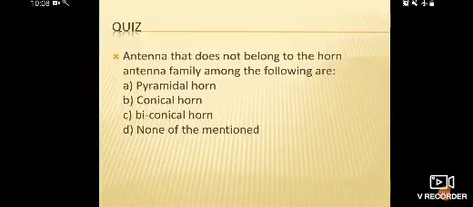Whenever the antenna has different types, under the horn antenna, which has a number of types, the one that does not belong to this family is option D, none of the mentioned. Okay, so the next one is